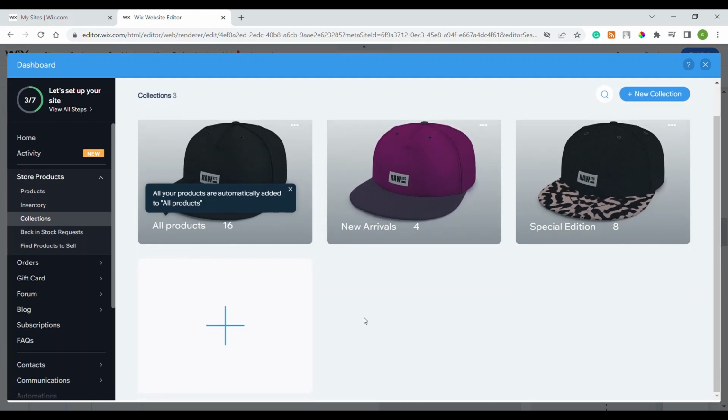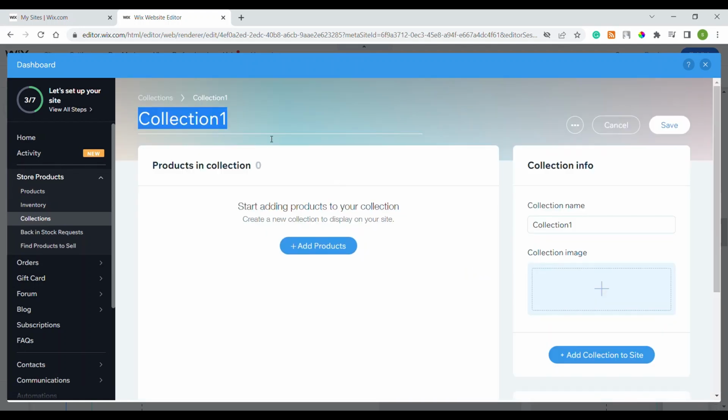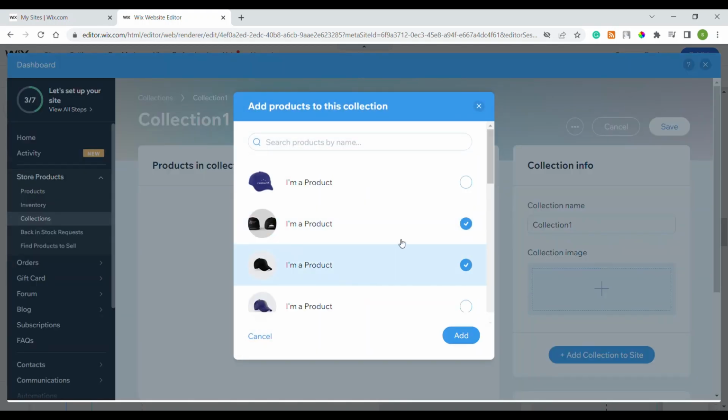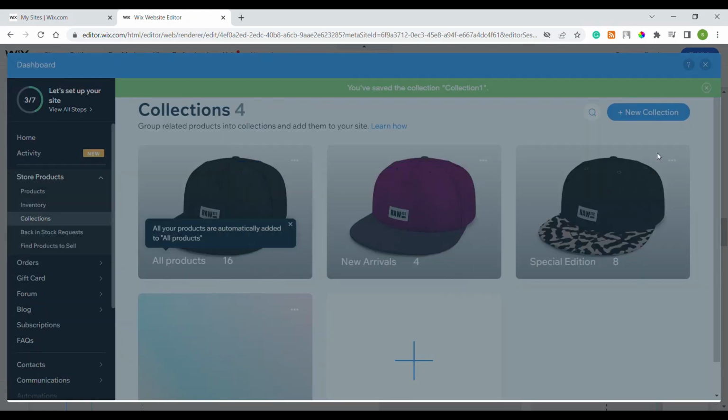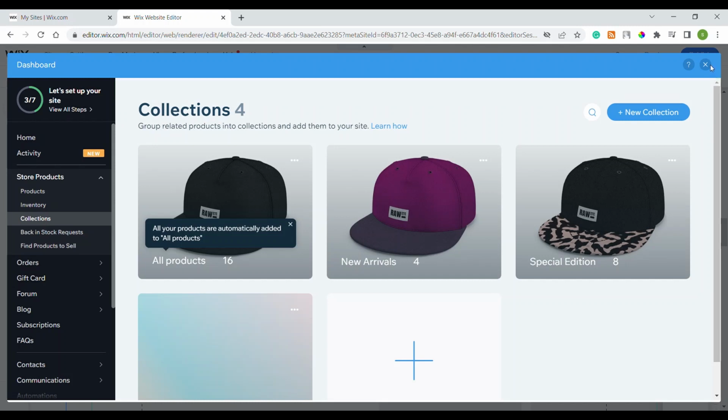So to create a new collection, we can just click on this, name the collection whatever you want, and then add products. Add products like this. That's it. So now to add this collection to some of the grid, the product grid or the widget,